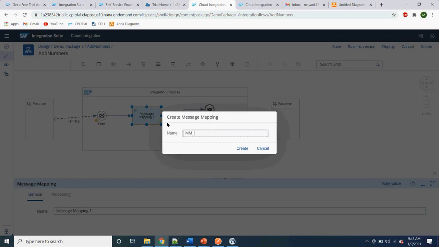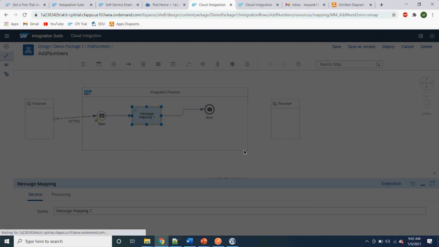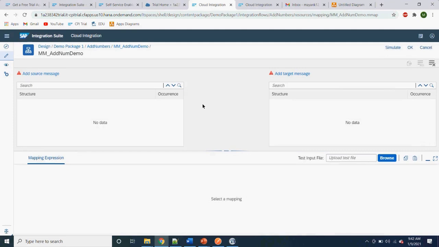I'll just create one. Here we have an editor. This is a graphical editor where you can transform one XML to another XML, but for now we would be using the same XML. Here we can see the source message, and here we can see the target message.